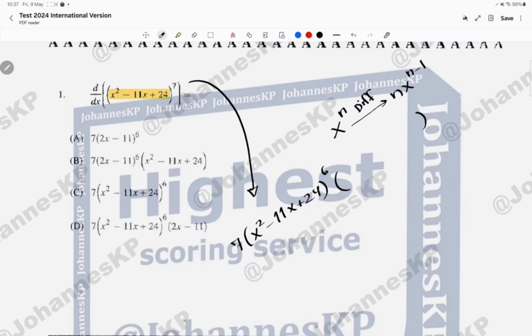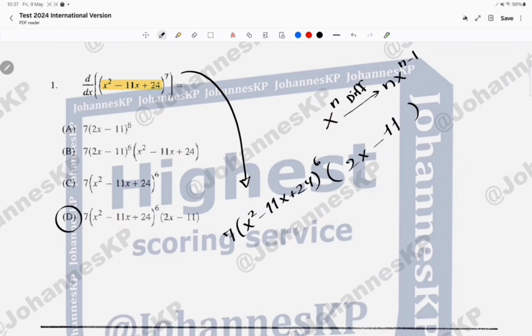We cancel 24 since it's a constant. X squared becomes 2x. And how about minus 11x? Becomes minus 11. So we got our answer, right? Yes. So after finding the first derivative, we keep the whole equation and then we multiply